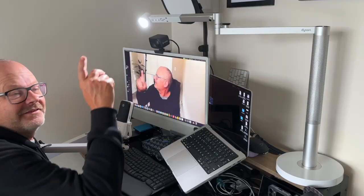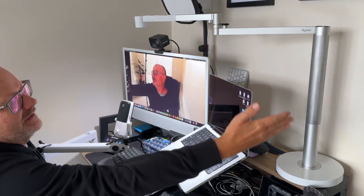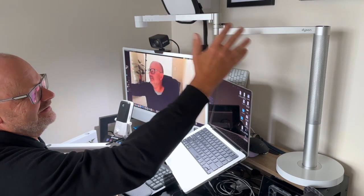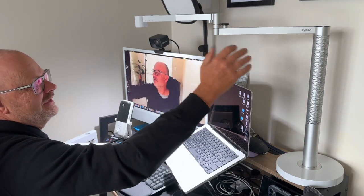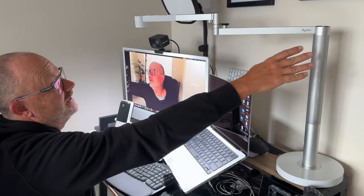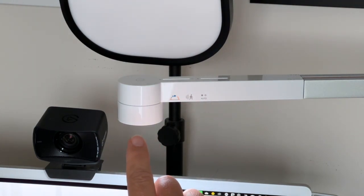Yeah, if we look up here, you'll see that this is the Dyson. Try and ignore the absolute tip that is my desk and focus on the light. So yes, as you can see, it's not any ordinary light. Dyson doesn't really do that. You've got this big extension arm, similar to a microphone boom in some ways, and then it comes right on out here to quite a small but very powerful light up here, and so